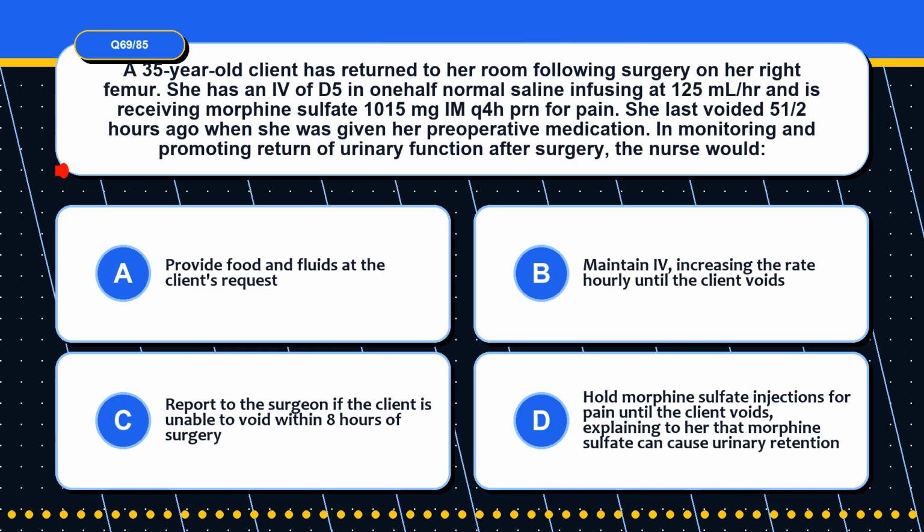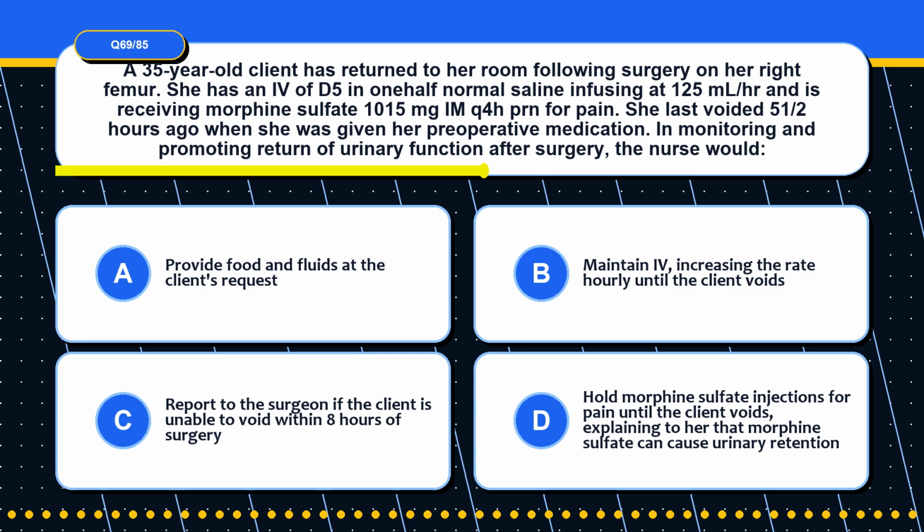Question 69. A 35-year-old client has returned to her room following surgery on her right femur. She has an IV of D5 in 1/2 normal saline infusing at 125 mL/hr and is receiving morphine sulfate 10 to 15 mg IM every 4 hours PRN for pain. She last voided 5 and 1/2 hours ago when she was given her preoperative medication. In monitoring and promoting return of urinary function after surgery, the nurse would,